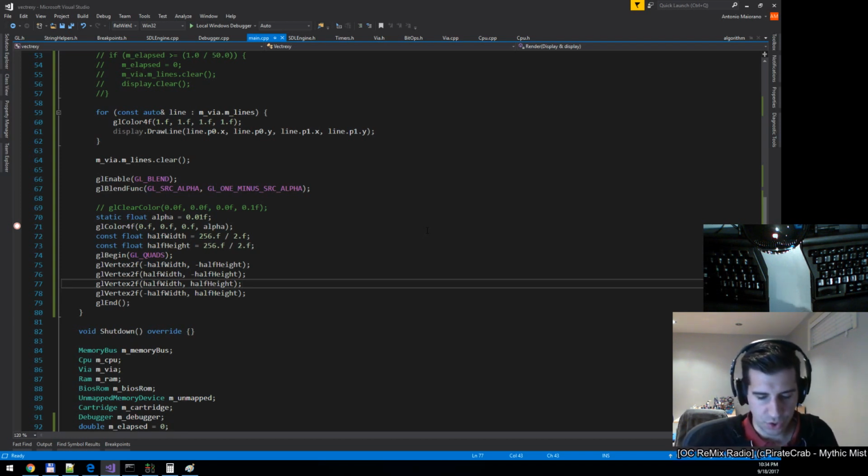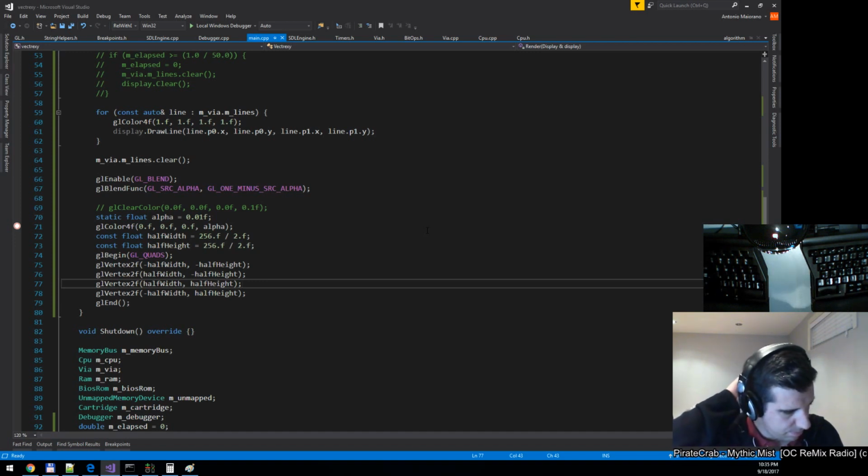So a line is drawn and it would take 1 second. What we would want is to be adding black for 1 second linearly, which would mean that the alpha would basically be like 1 second divided by